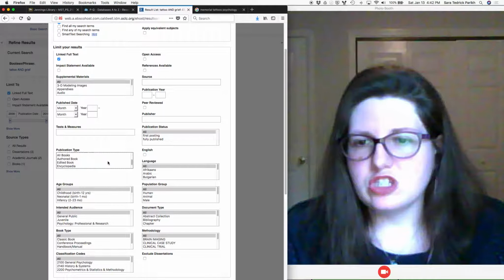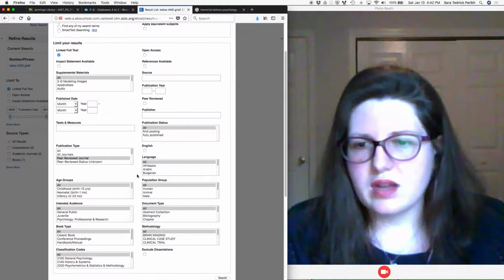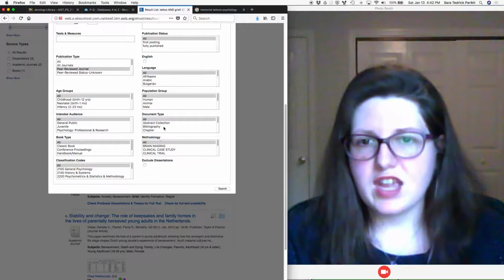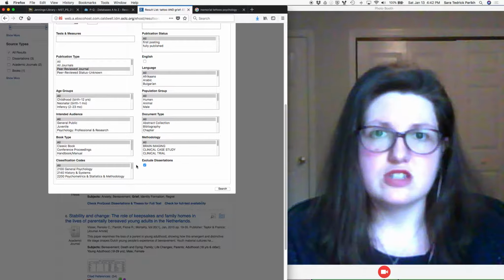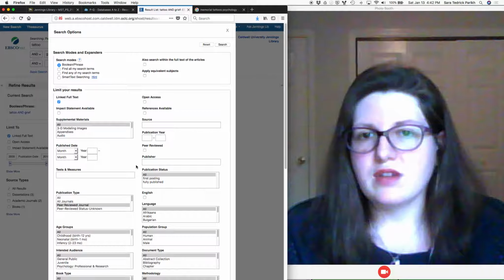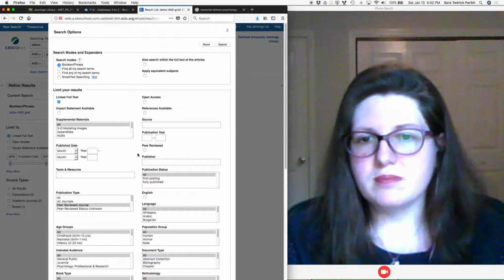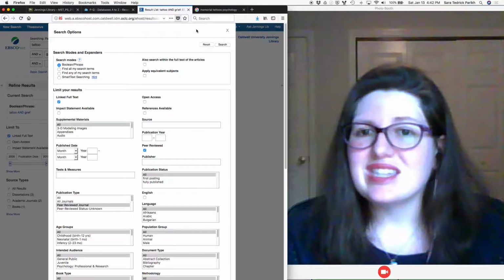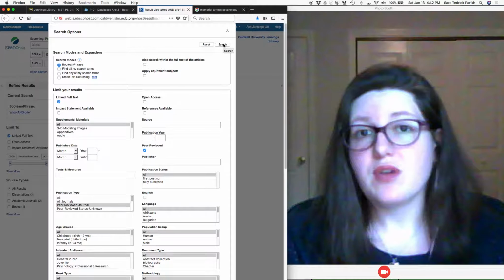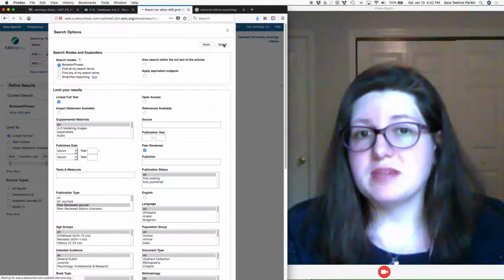I want to do peer-reviewed journals. You can limit to different age groups. There's a lot of different limitations you can use. I don't want to include dissertations. That's not what I'm looking for here. I can click peer-reviewed. That's not going to guarantee that everything that comes through is going to be okay, but it helps me.